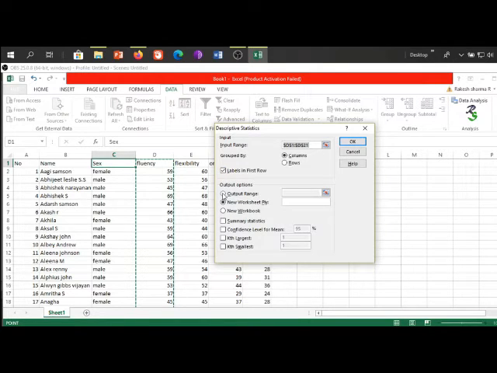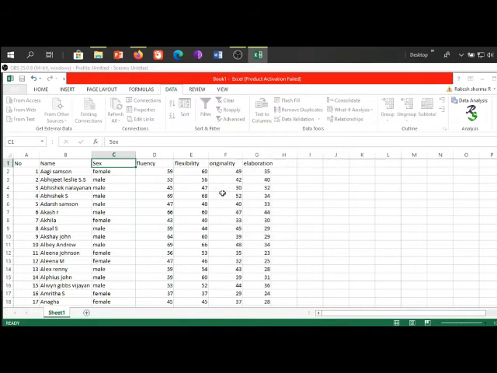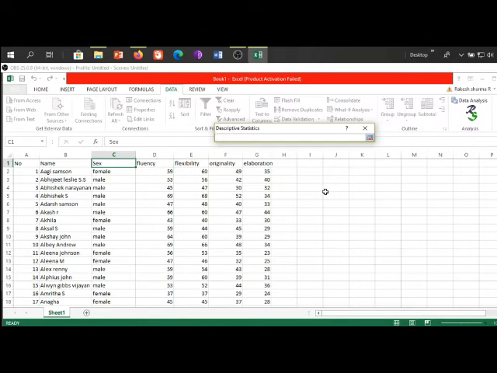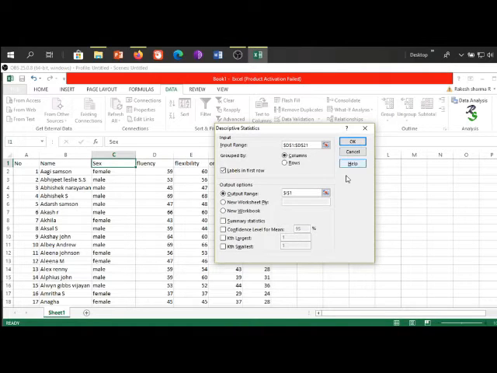Now, we go on to the output range. Click on the small window that is present there, and now I select a particular cell. Then I revert back to the initial window. So I actually need the statistical summary of the descriptive function, right?